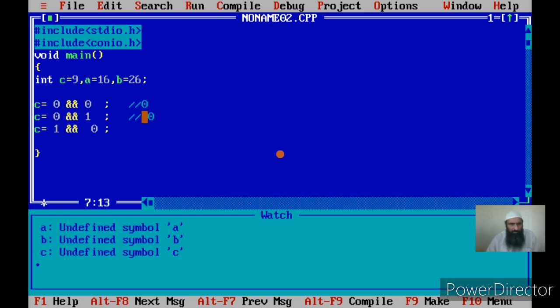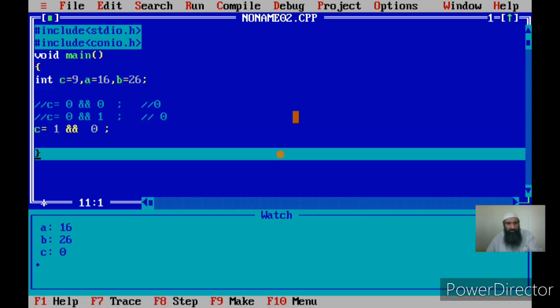Let us see the result. Now I'll put this entire thing as a comment. Comment means it won't be executed now, it will be taken as a comment. So when I am doing AND of 1 with 0, what will be the result? Naturally it should be 0, right? See, the result is 0. If I write double slashes before any statement in C++, it will be treated as a comment, not as an executable statement. So I am converting it. I now see for 1 and 0 I got a result of 0. I will make this a comment. This is simply to see how AND works.